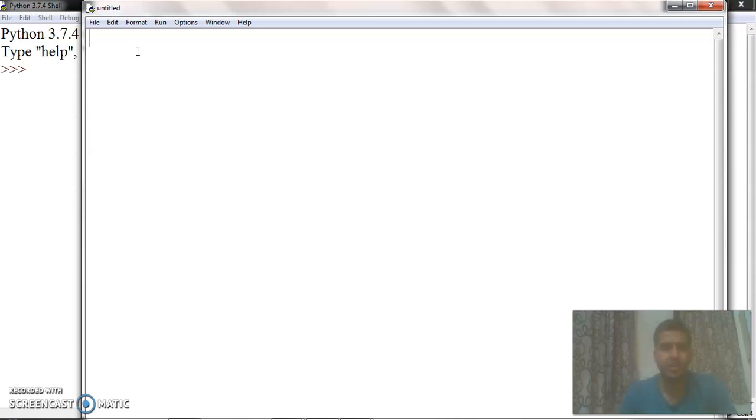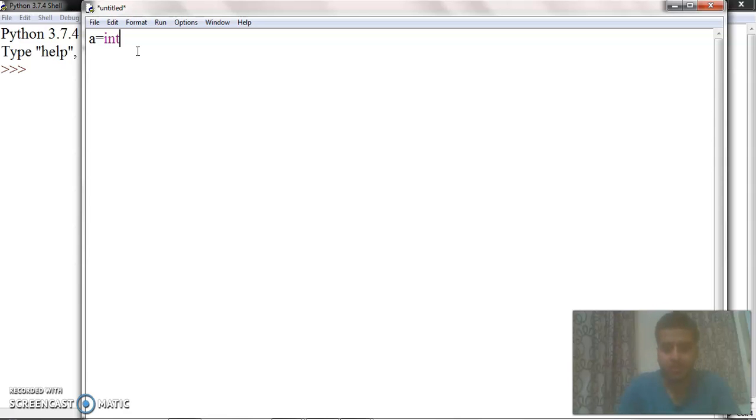Script means a collection of lines you write as code and then execute. Suppose I have to enter two numbers and get the sum of those two numbers into a new variable. I'm assuming these two numbers should be of integer type.